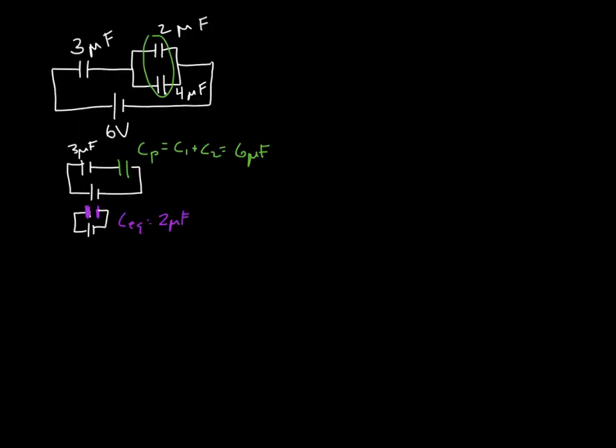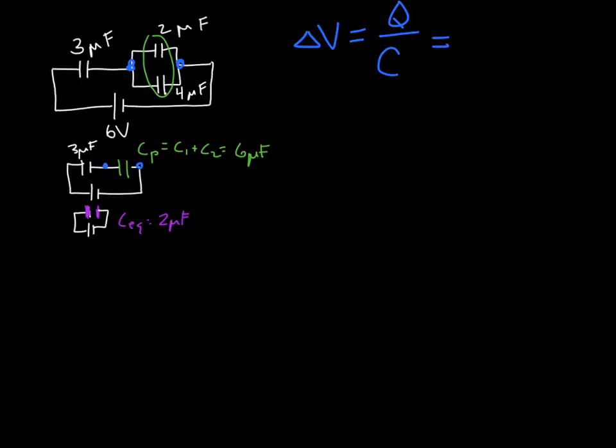Taking a look at this, we want to find the charge and voltage across the 2 microfarad capacitor. Now if you'll look, you see that the 2 microfarad capacitor is in this group here, which is in parallel. What's the same in parallel? Voltages, right. So you know the voltage from this point to this point is the same as the voltage from here to here. So let's solve for that voltage. Again, voltage in parallel is the same. That's why you know from here to here, these are in parallel. Voltage from these points is going to be the same, which is the same as the voltage drop across the equivalent capacitor. So delta V equals Q over C,